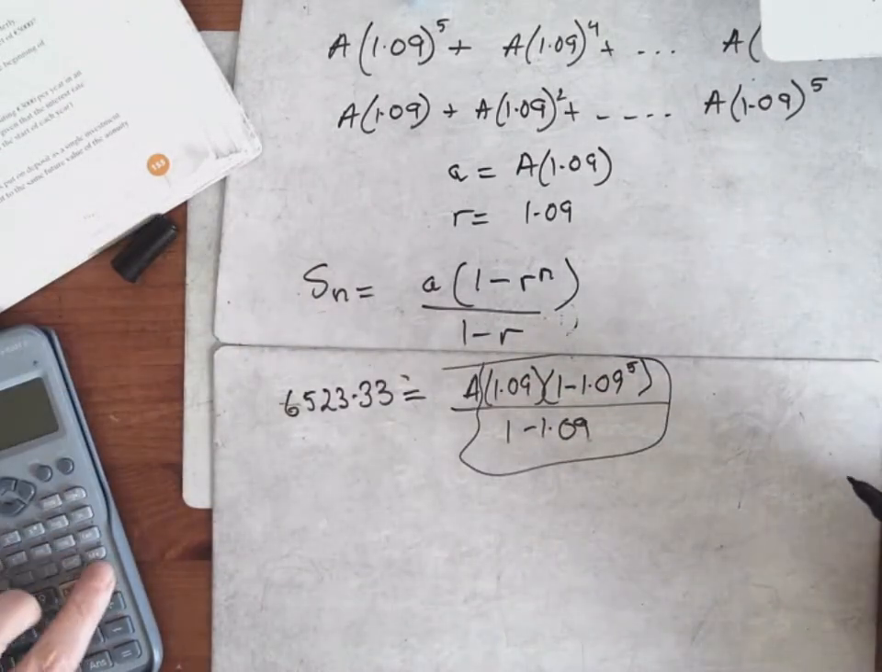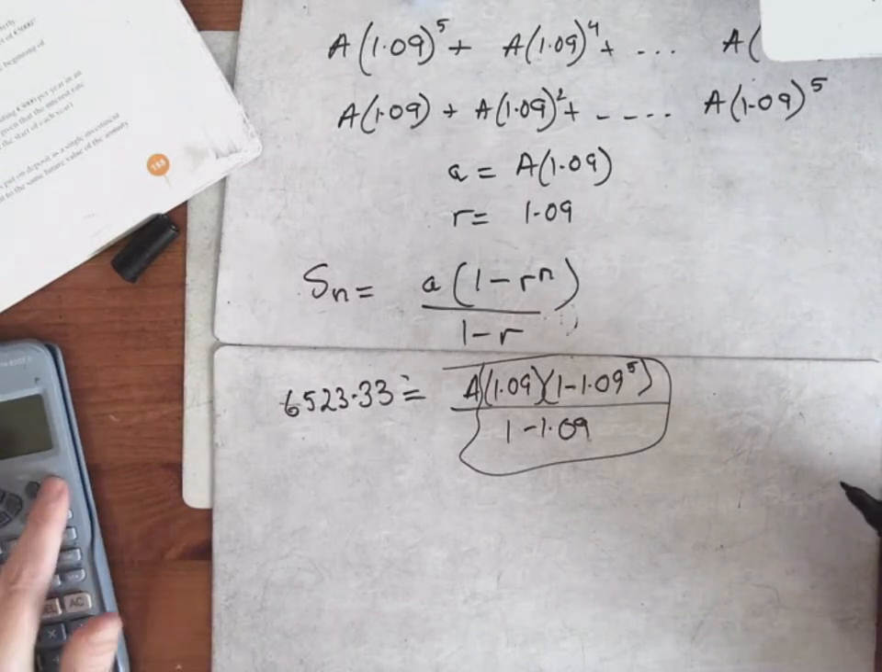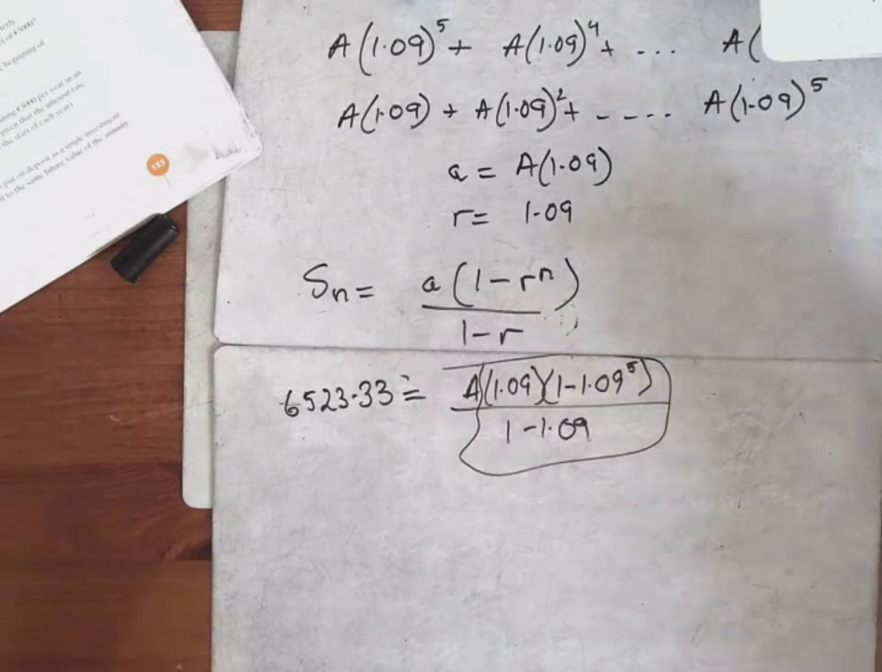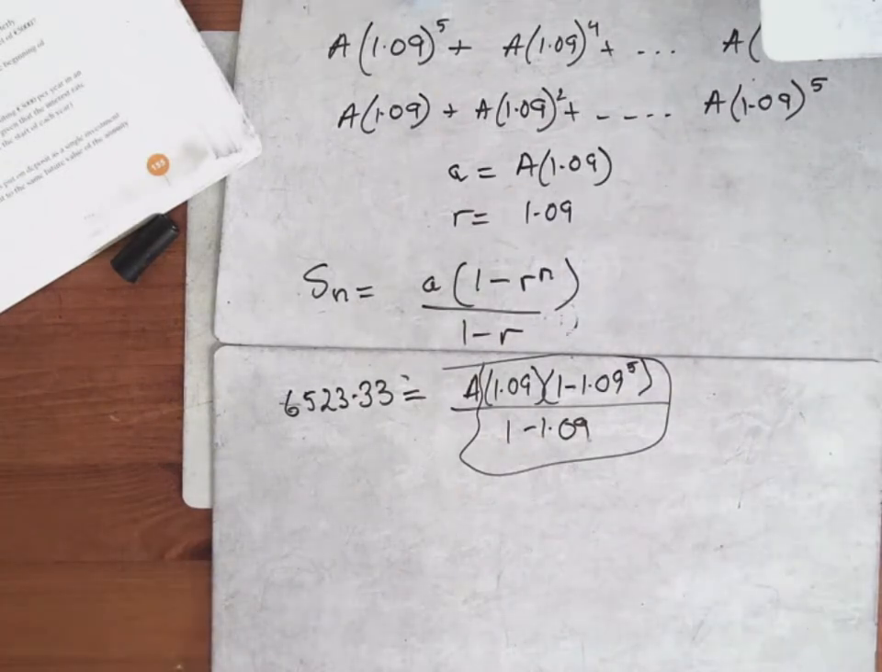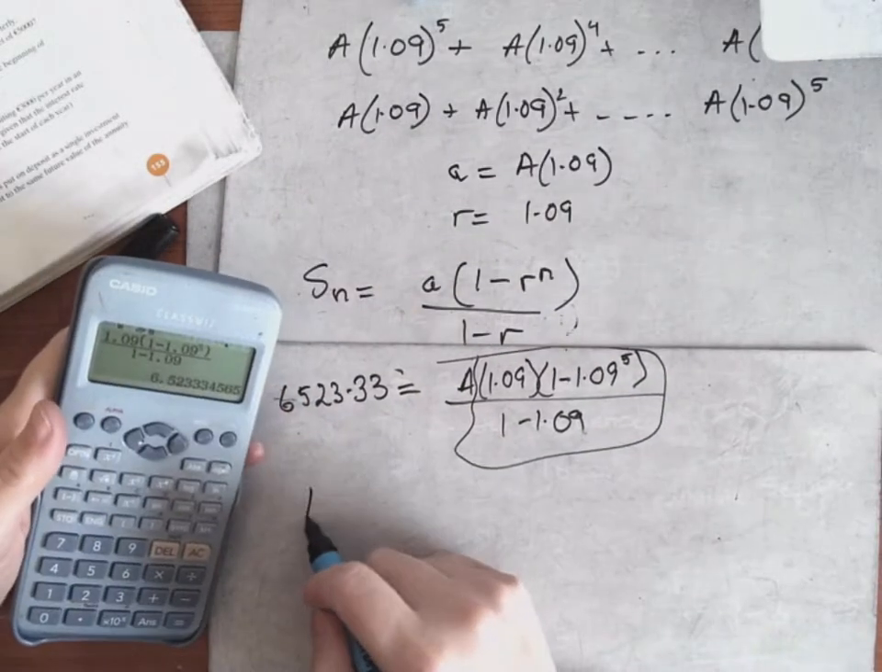So I'll actually do this one. I'm pressing the fraction button first, and I have 1.09, open bracket, 1 minus 1.09 to the power of 5, close bracket, underneath 1 minus 1.09. And when you work all that out, you'll get